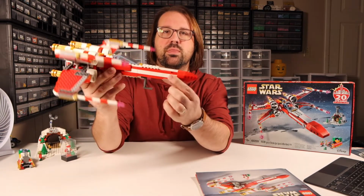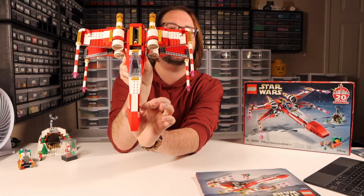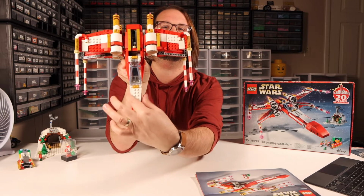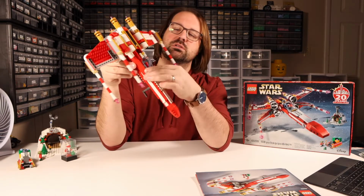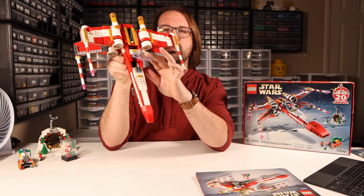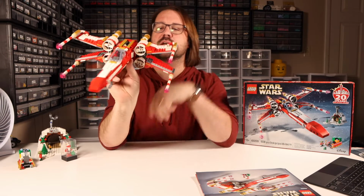I really enjoyed this technique to get this slope here. It's quite simple. There's a hinge brick at the top and then a hinge plate at the bottom that creates just that slight narrowing at the edge. The standard foot here for the legs. We're still using the clip and bar for the cockpit top here, and then the rubber band technique